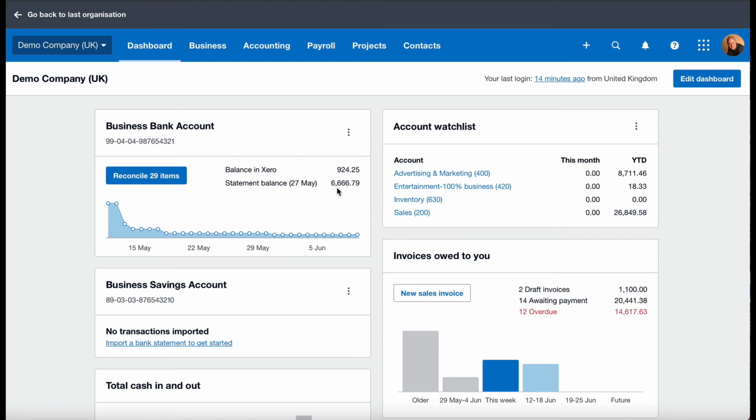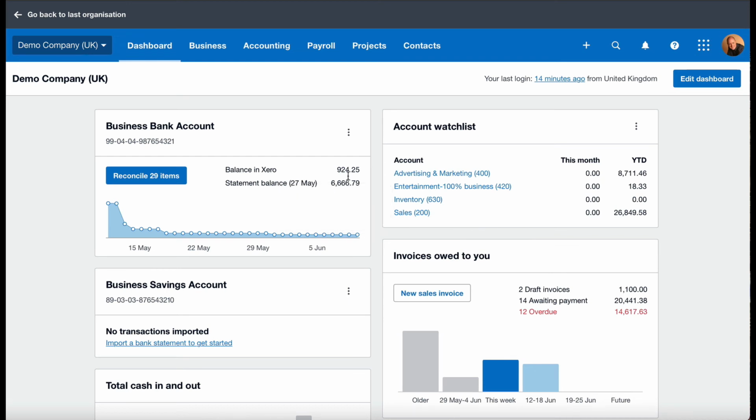So I would say, even if it's not on a daily basis, certainly on a weekly basis, make sure that this figure here, the statement balance, whatever date that says, agrees with your bank account. I say it should do. As a normal matter of course, when you're pulling in the transactions every day, everything should be fine, but things do happen and things do go wrong. So just as a standard exercise, as well as reconciling every day, just make double sure that that balance agrees